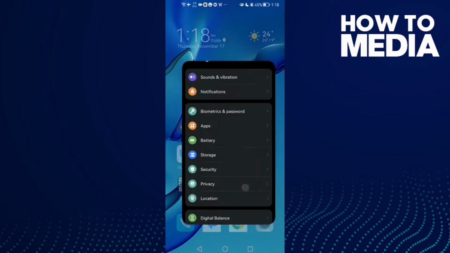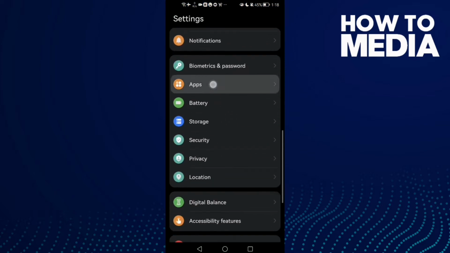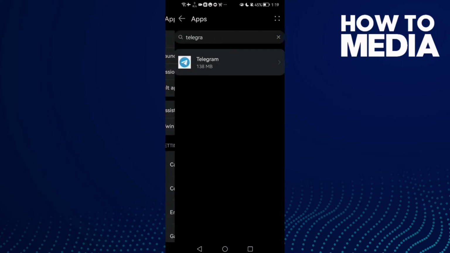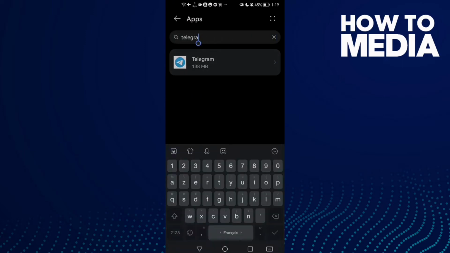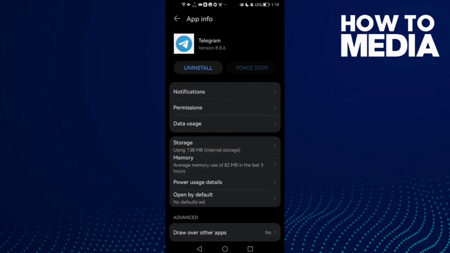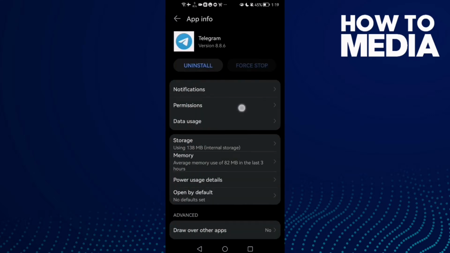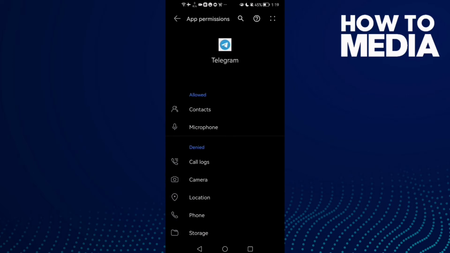First open settings and then scroll down here until you find apps and then click apps again, and here just type Telegram and then click on it, and here we'll find storage. Click on it and then click clear cache, and after that click permissions, and now just allow all of those